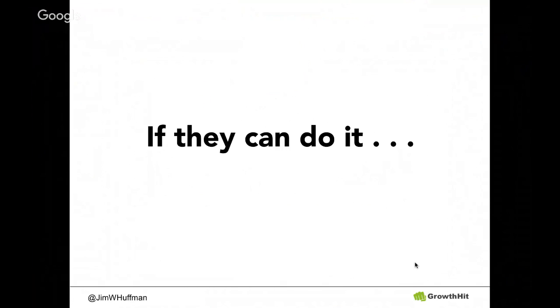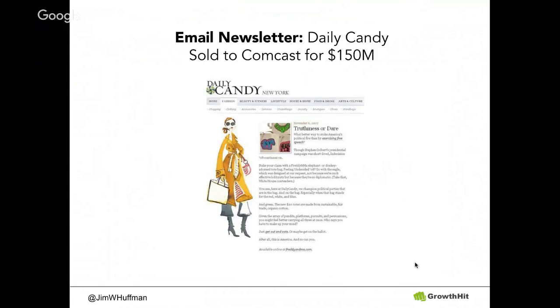So let's talk about some examples of companies that were actually able to find a marketing channel that worked for them to get to a point of scale and growth. Because if they can do it, you can too. These are the end goals we want to get to with our marketing plan. So first, in the early 2000s, there was a company called Daily Candy, which was an email newsletter for professional women, telling them the one thing they need to know.